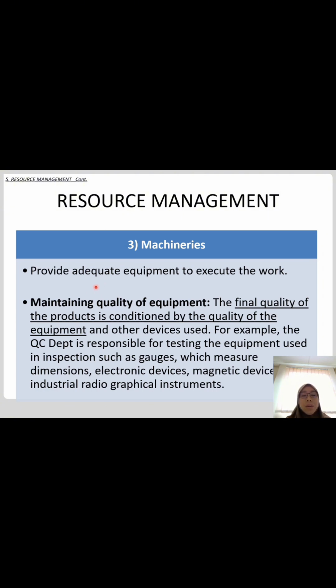So resource management number 3 is machineries, which is to provide adequate equipment to execute the work in project, in construction site. We need to maintain the quality of the equipment. So how do we maintain the quality of the equipment? The final quality of the product is conditioned by the quality of the equipment and other devices used. For example, the QC department, quality control department, is responsible for testing the equipment used in inspections such as gauges, which measure dimensions, electronic devices, magnetic devices, and industrial